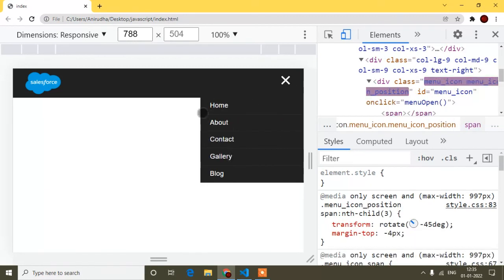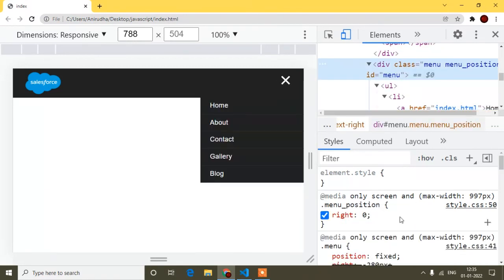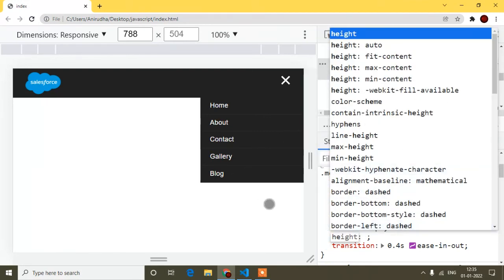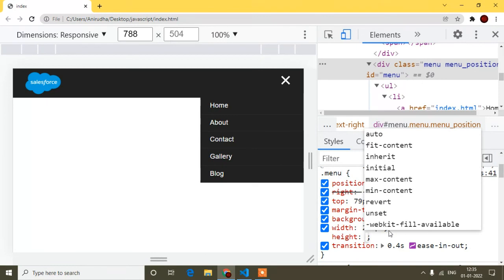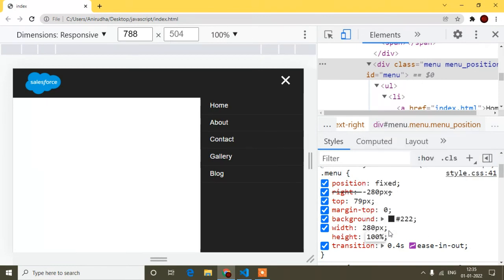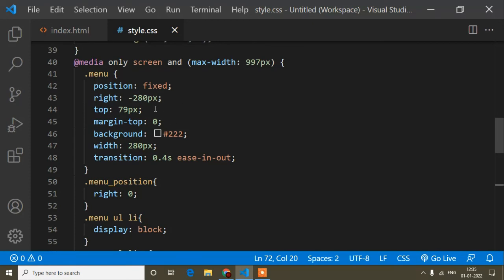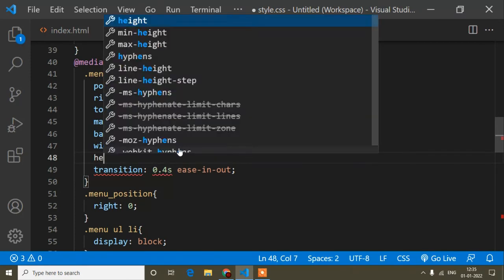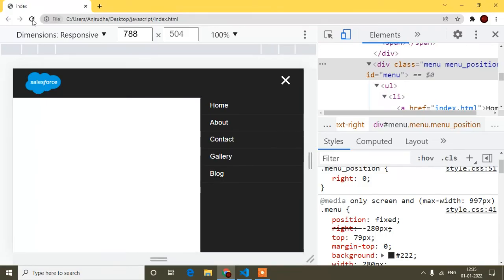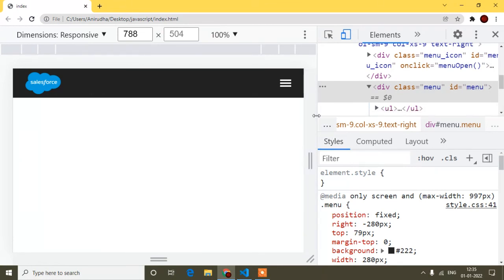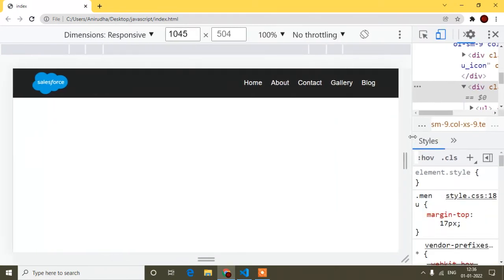Okay, and what I will do, this menu, okay, position fixed here, width I have set, and height, you can see height is half, right? So height I have to set to the whole of this page. So height here I will write 100%. So you can see height 100%. So the menu has to be at height 100%. So this menu here height is 100%. So refresh, you can see like this, right? If I go to this desktop site, you will find this menu.